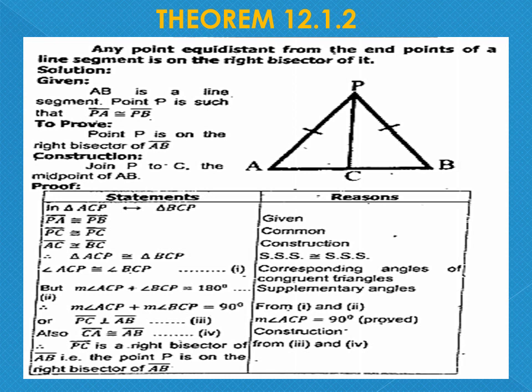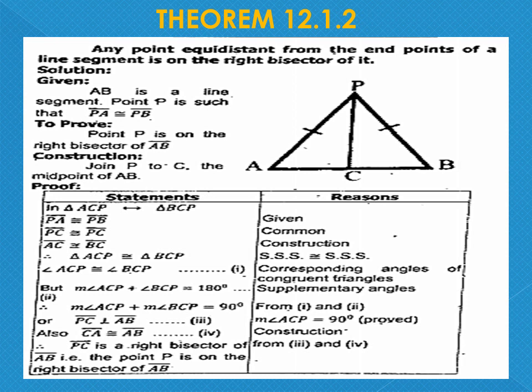Now what happened after taking three sides? The triangles which we have taken for the correspondence, we can say that these triangles are congruent. After proving three things, we can say that triangles are congruent. Now which postulate will be followed for the reason? Side, side, side postulate. Why, student? Because we have taken all three sides over here. So we are going to follow the side, side, side postulate.